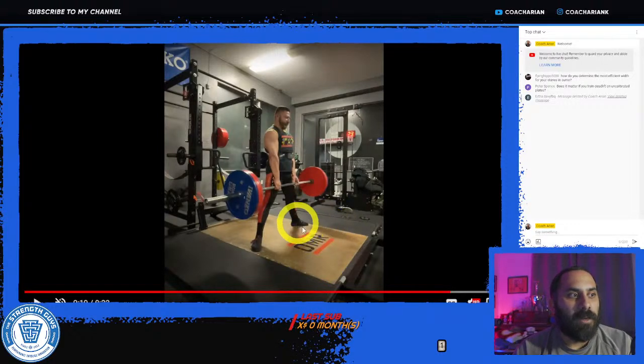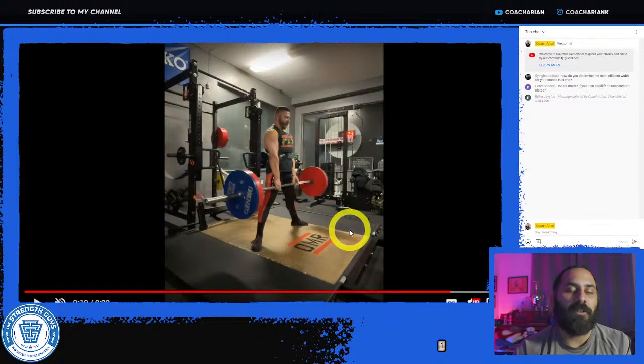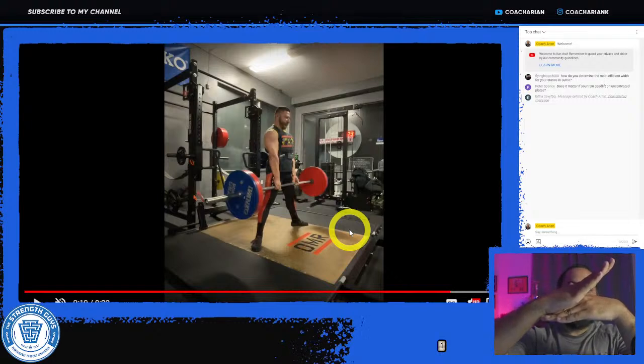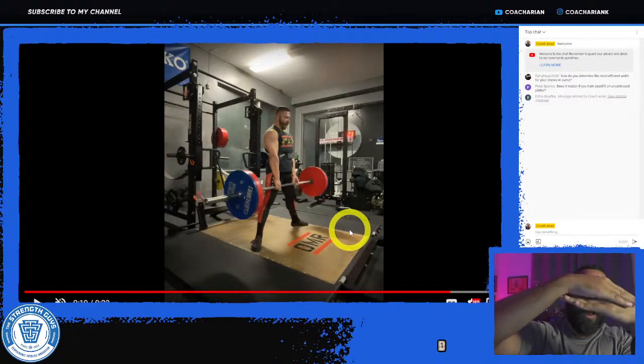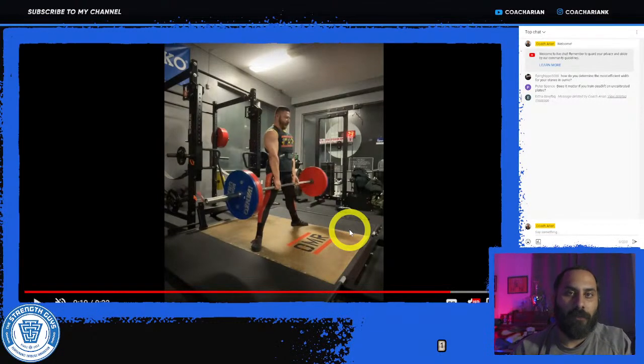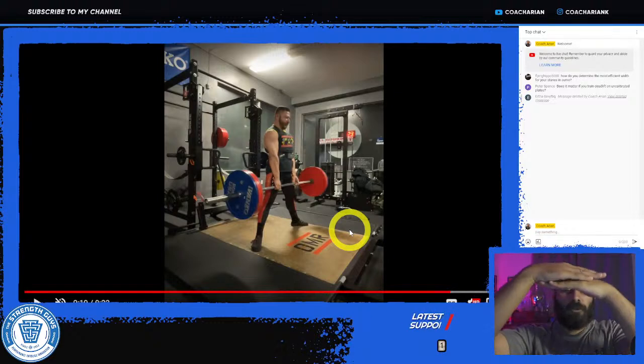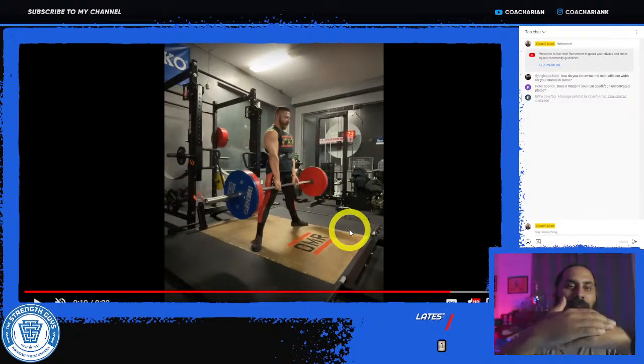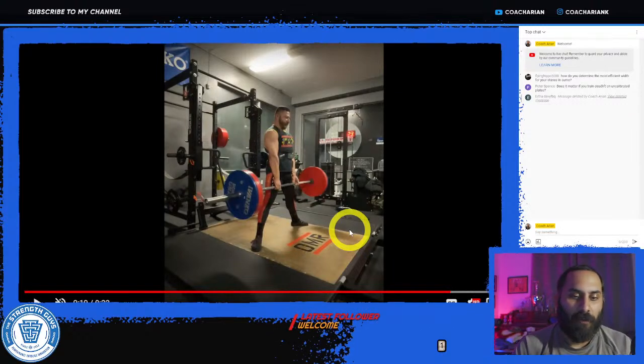So one thing you may want to be mindful of with the sumo deadlift in your bottom position is making sure you're driving those toes into the ground. You don't want your toes up off the ground and your weight on your heels, and then you kind of shift back over and forward when you actually go initiate. You want to be trying to drive those toes down into the ground and keep that balance over the middle of your foot, and then having a little bit of a higher hip position, tension in those hamstrings.